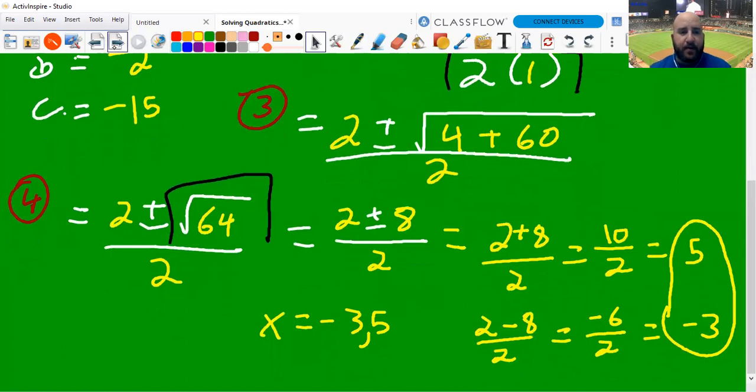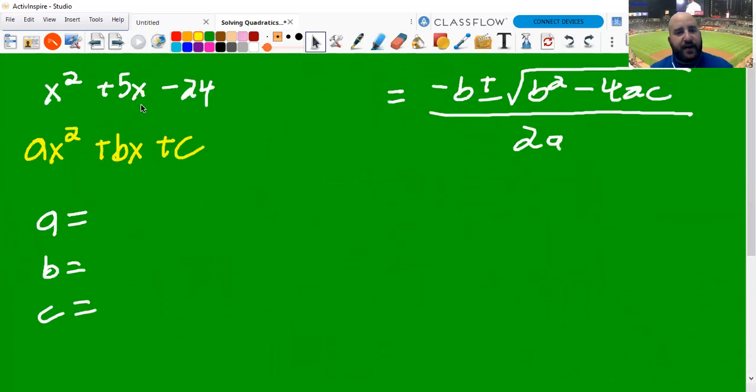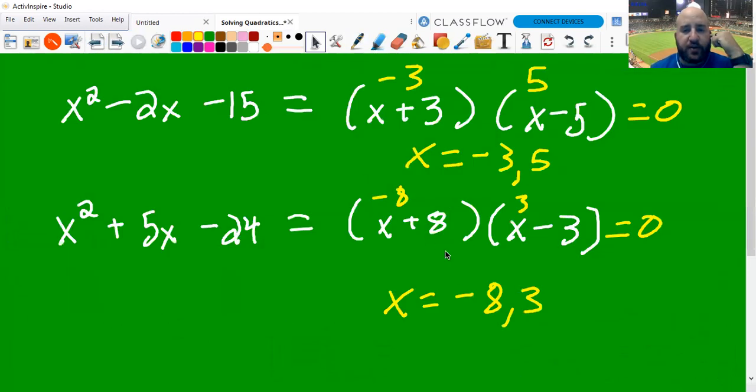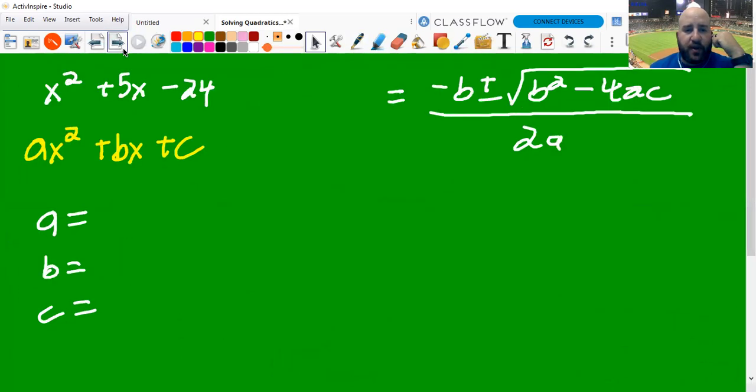All right. So x squared plus 5x minus 24. Again, y'all could try this one on your own now if you want to, if you didn't do it in class. We already know the answers are supposed to be negative 8 and 3. So if you do it on your own and don't get those, take a picture and send me a message, say, hey, Coach Scharf,